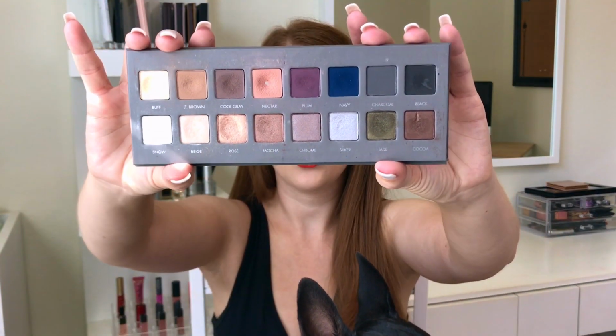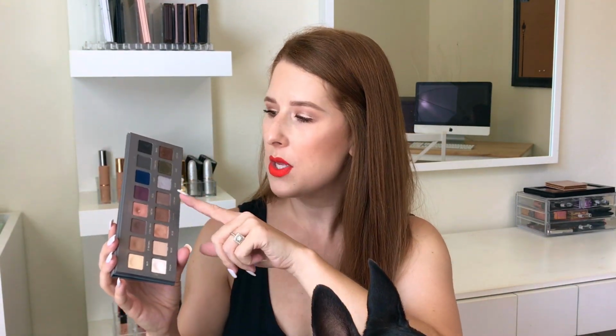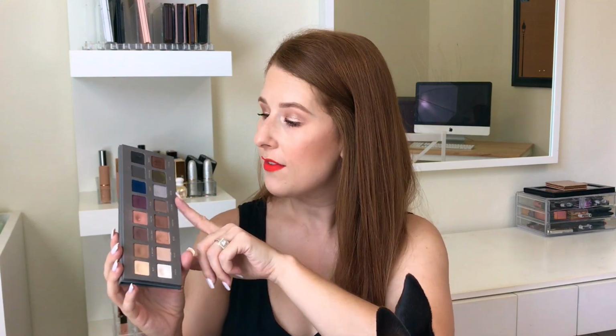The Lorac Pro 2, on the other hand, has still some warm shades, but a lot more cooler toned shades as well. Again, the whole top row is mattes and the whole bottom row is shimmers, but this time you still do have your neutral browns, but you also have some purples, you have a blue, you have some cool toned shades with chrome and silver, a charcoal shade, jade, cocoa. So you can create a variety of looks with this one, and this one incorporates more color than the Lorac Pro 1. And actually, when I picked this palette up, the 2 is what I liked better over the Lorac Pro 1,